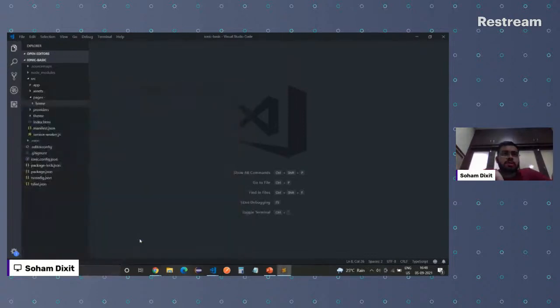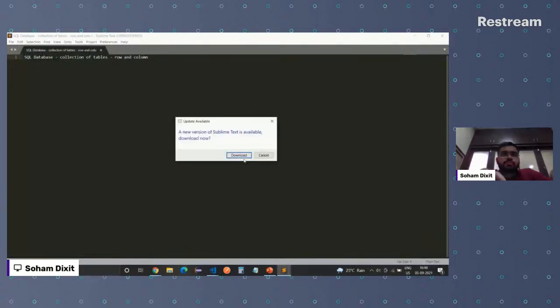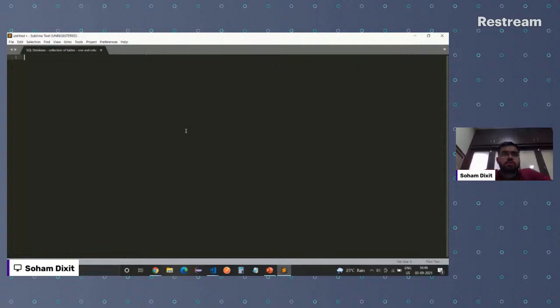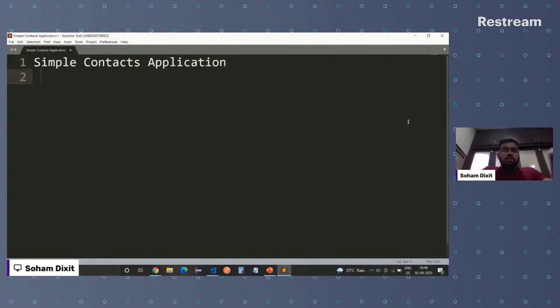Let me open a text editor. Sorry, so something which I was explaining. Let me increase my font. Okay, so this is what we are going to have. You can probably comment it out if you feel my thinking is wrong or if there is anything else we should add. But let me first complete what I'm thinking.